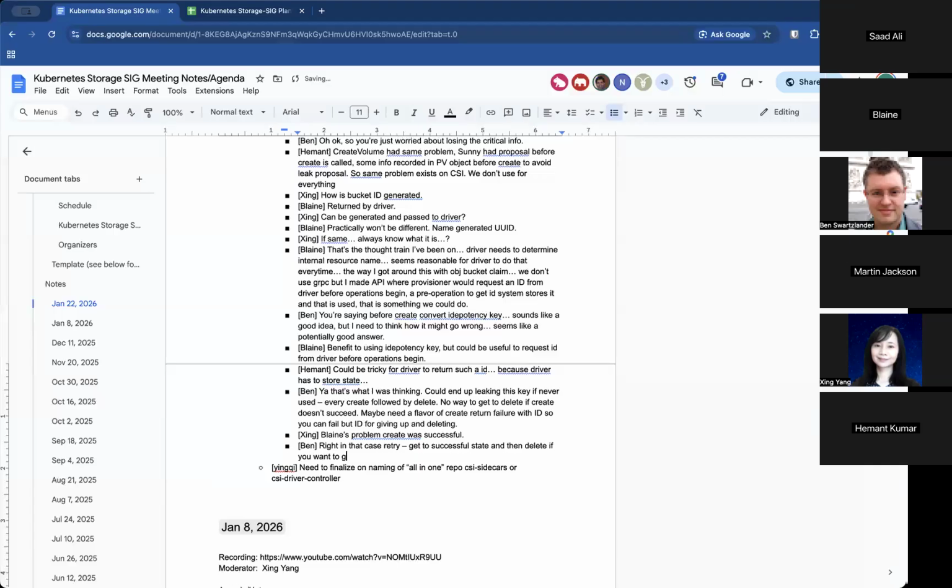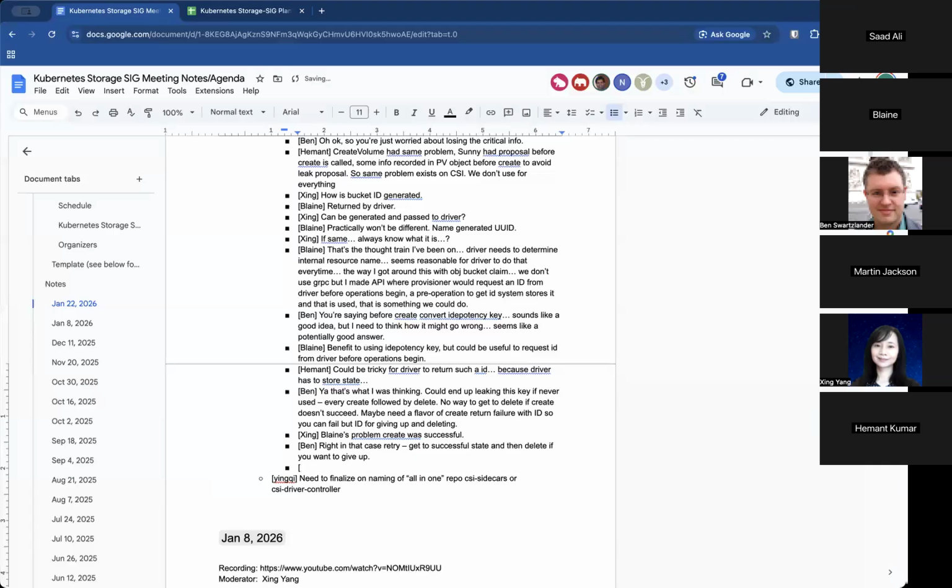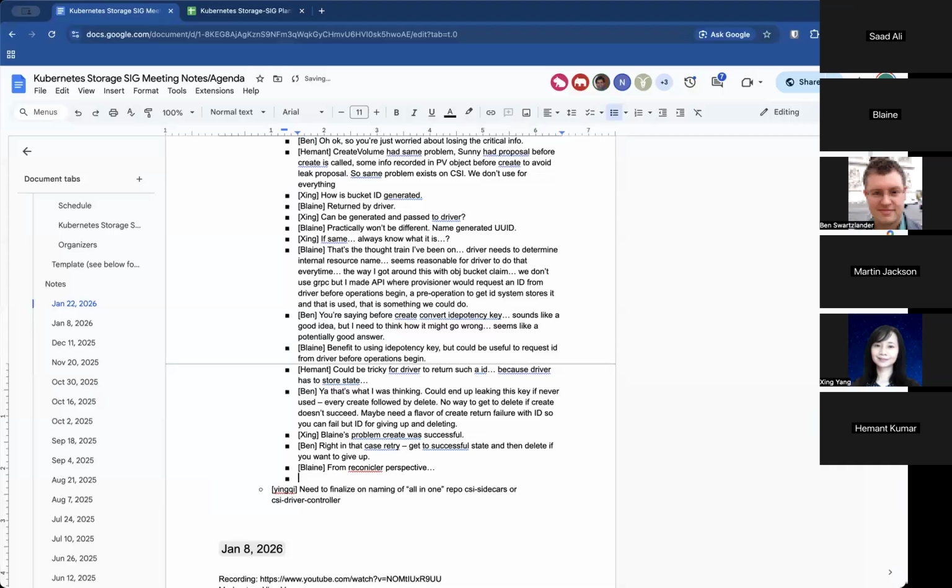Right, but from the perspective of a reconciler that's not keeping all the historical state, you'd have to do something similar to the proposed fix on the volume side, which is to have a state machine bit that gets set before you call create that says, hey, I'm calling create, therefore don't delete this until you follow up and do the deletion. You'd have to store the fact that you called create, and we don't do that today.